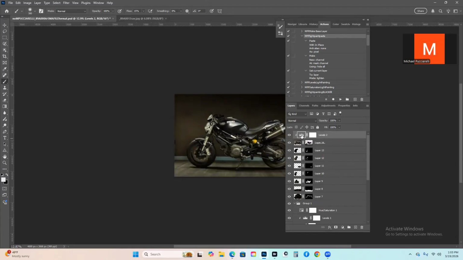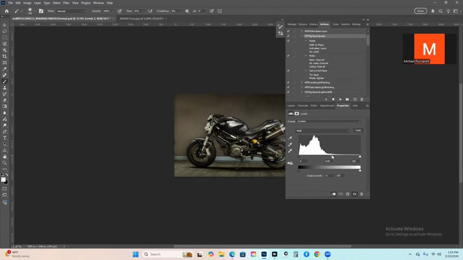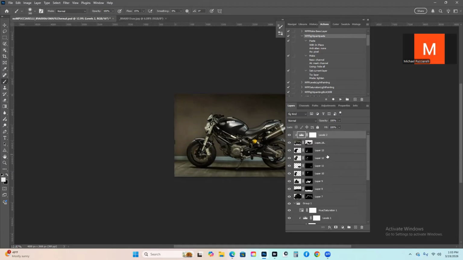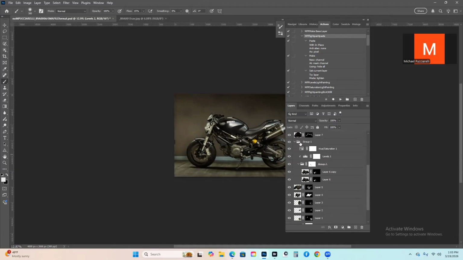And this is just for the background. And this, I'm going to talk about the group here. This group is for this part of the wheel here. And I'm using what's called a double mask feature where,